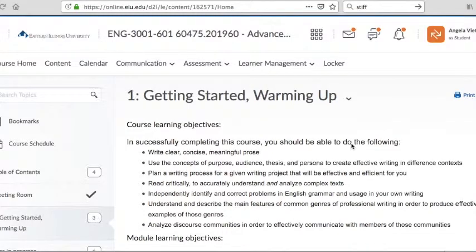Okay, this is just a quick how-to for any of you who haven't used D2L before. I know that one of the things that sometimes is a little bit challenging is learning how to use the drop boxes. So here I'm starting on the first module of our course where you will first encounter a drop